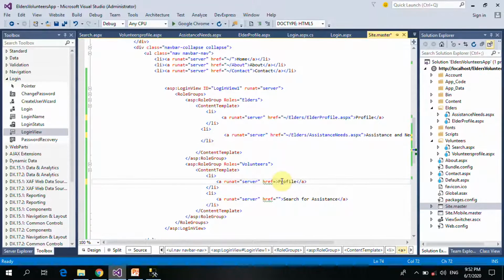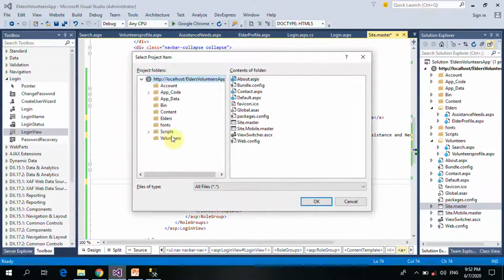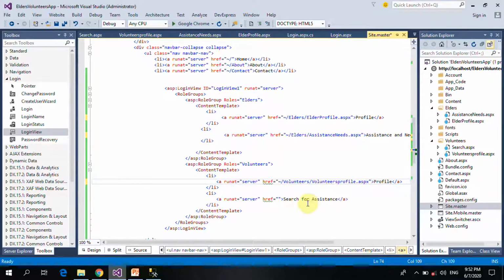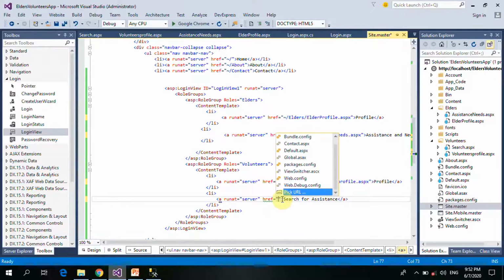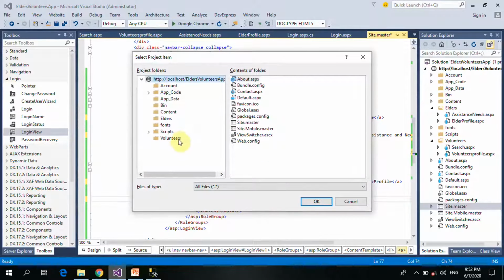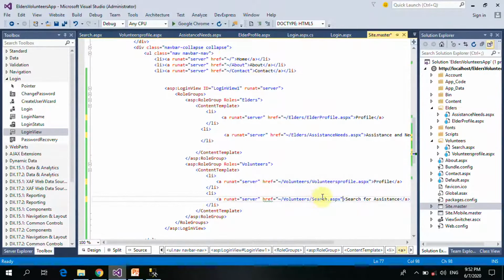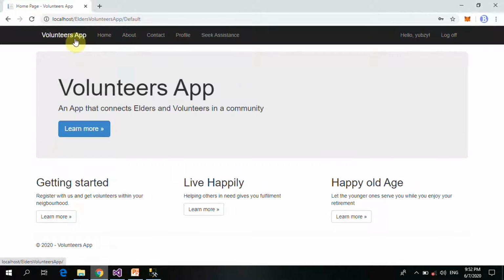Then here we have the volunteers profile, where he can set up his profile. And then search for assistance. So if we refresh this page now,